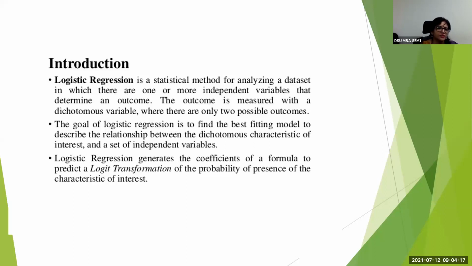So the goal of logistic regression is to find out the best fitting model to describe the relationship between the dichotomous characteristic of interest, which is a dependent variable that you can categorize into 2 categories, and the set of independent variables. So the dependent variable in logistic regression is an outcome wherein you are trying to categorize the object or objects into 1 of the 2 groups. The relationship with the independent variables is similar to what you find in the regression model. The only difference is that in the regression model the dependent variable is an interval or ratio scaled, continuous measurement scale item.